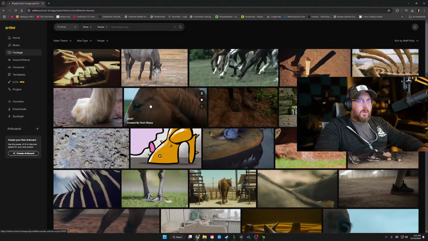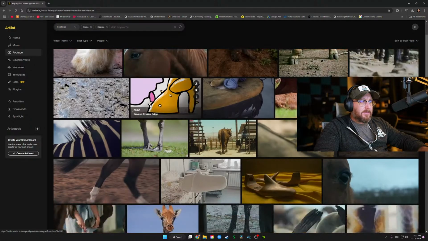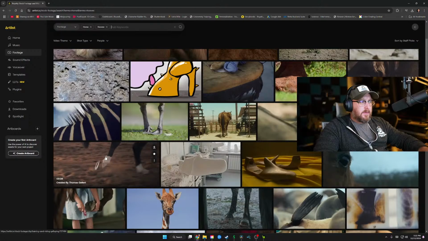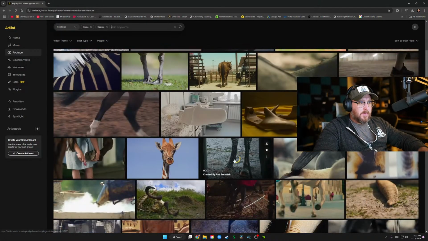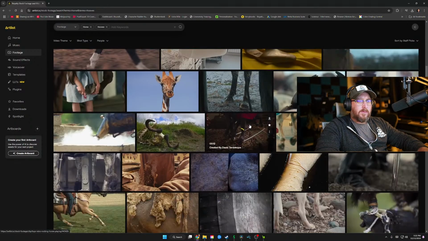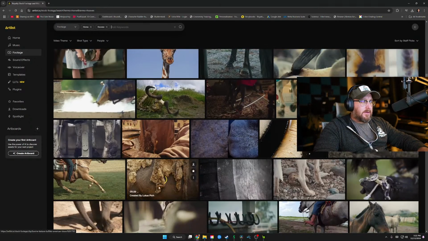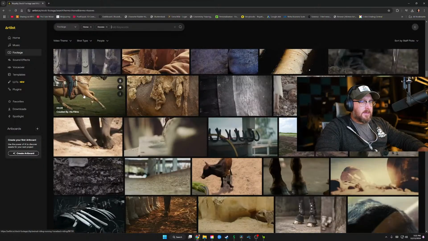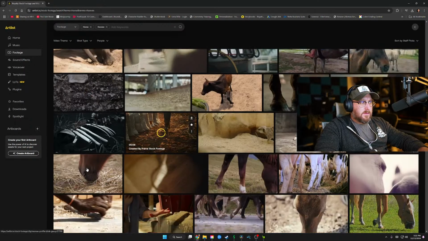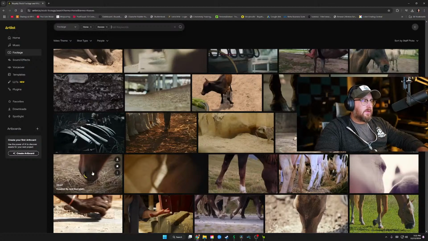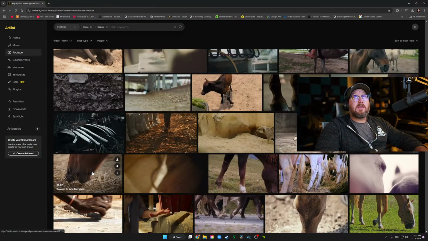So something like a horse riding, horse hooves, galloping. This is trotting, I think, is what that's called in the horse arena. That's a hose. That won't work for a later kind of cowboy thing. This grass is mowed. That doesn't look good. Maybe this one. Let's see. So really, it's about finding the art that fits your